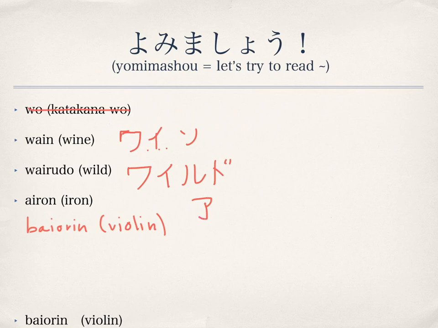Iron, sideways A. Do is the rock that doesn't roll. Going up north. And violin, ba, which is the hat with the top missing. I, o is the crack in the open window. Or it was a variation on the word for big, which is also read oki. Ri looks like hiragana ri, and